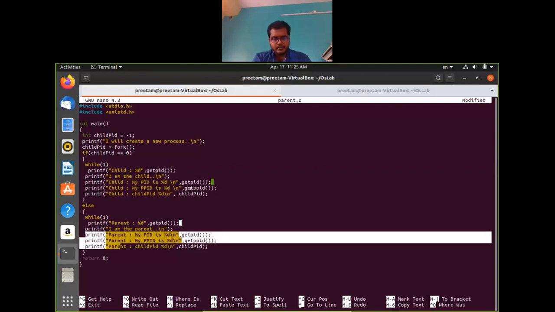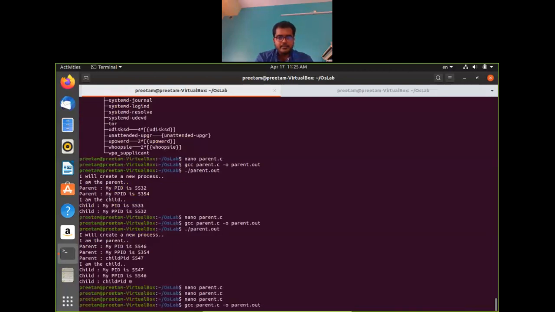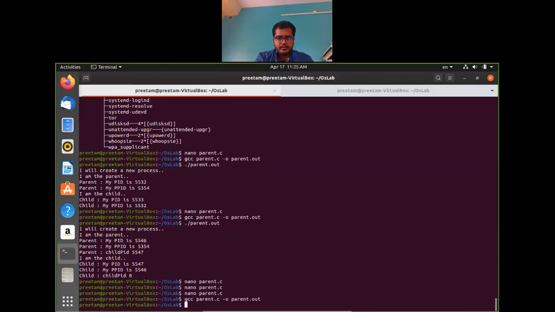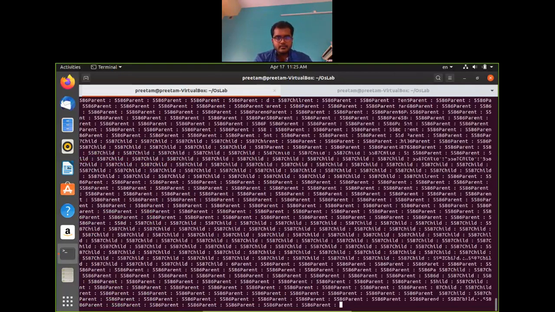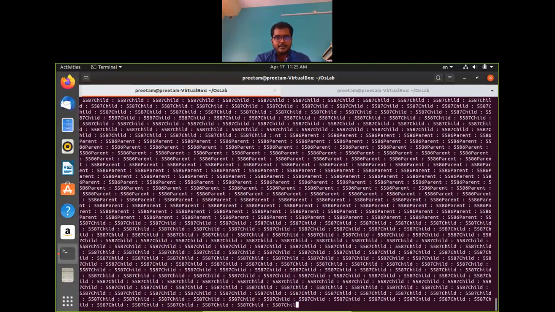These other things will never be executed because it will run infinitely. So let us save this program and exit, compile it, and now try to run it. You can see that parent and child process outputs are coming interchangeably.